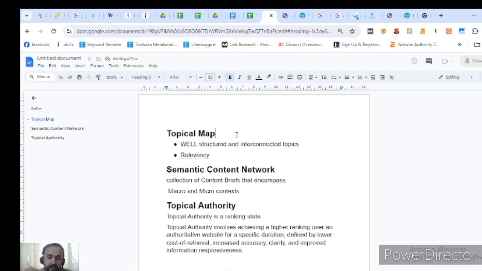But what changed is that it is well structured and well researched. Before, we didn't go for a topical map. We just made a website and, without structure, kept posting topics. Now what changed in the semantic approach is this, and I will give you just these two words: a topical map is well-structured content and interconnected topics.